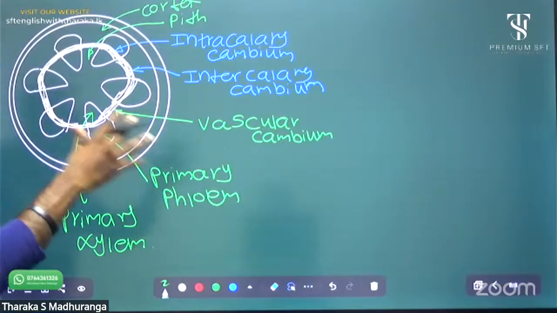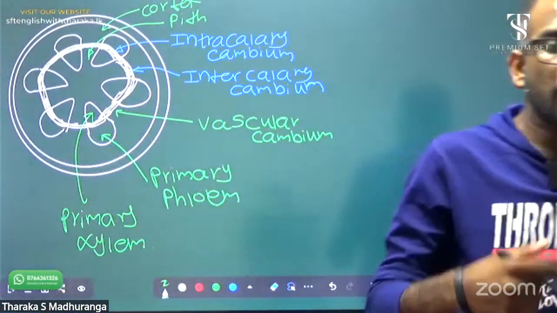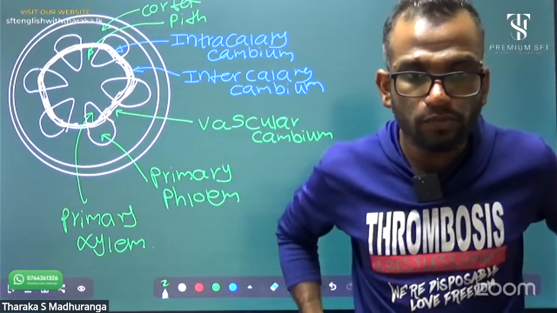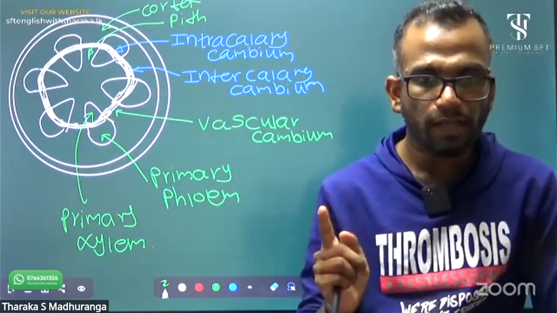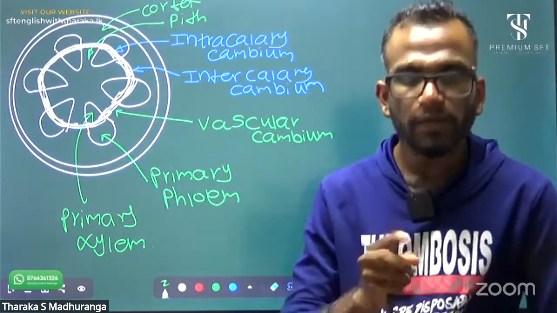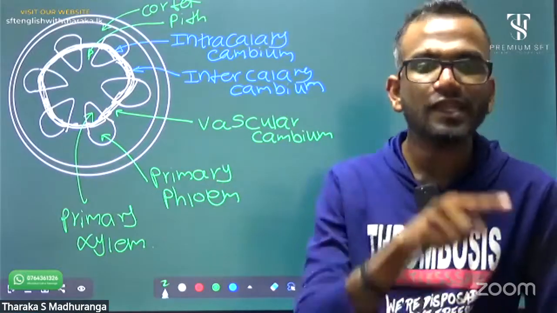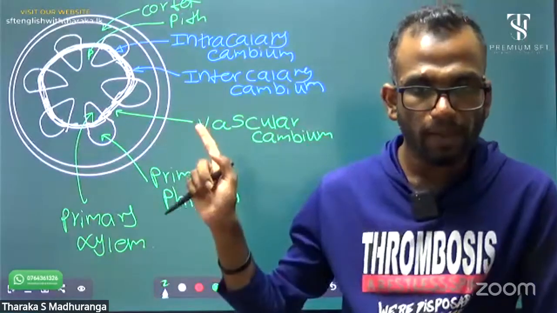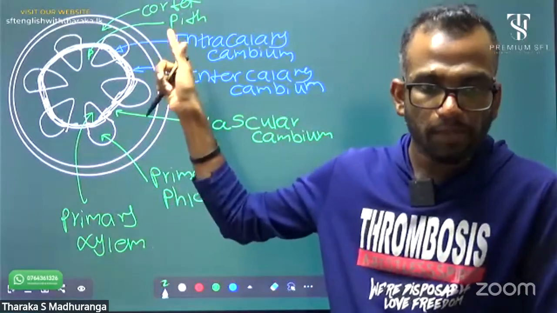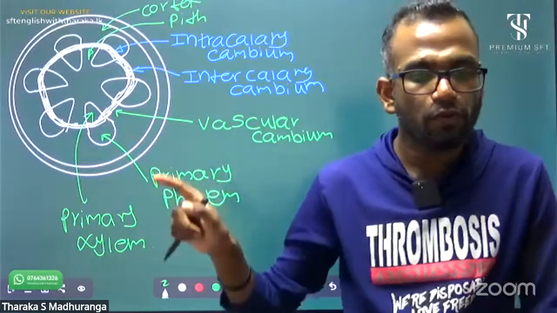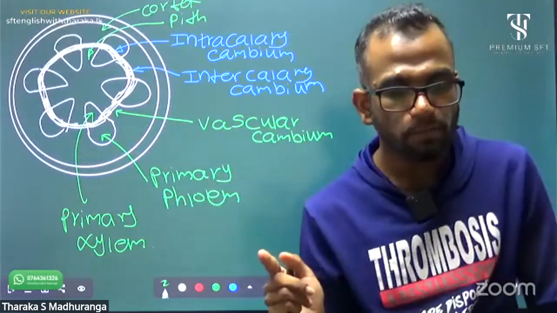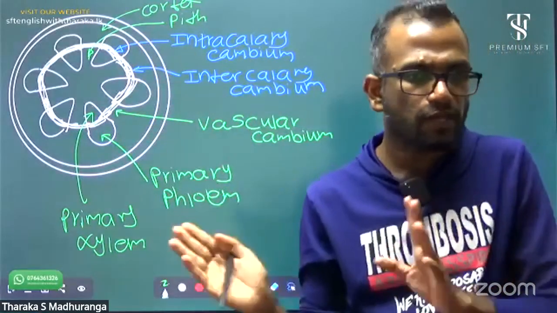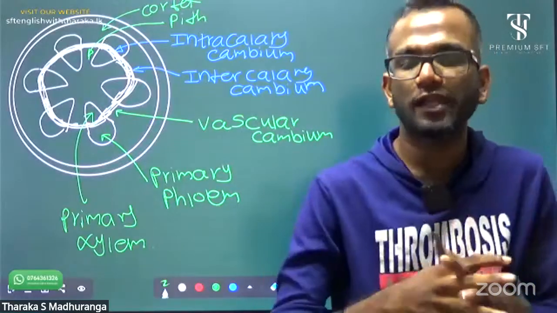That's the story. I will explain again what happened when the secondary growth started. The plant starts to mature. Then intercalary cambium and intracalary cambium start to develop. Then this cambium is made as a ring. This ring we called vascular cambium. After this vascular cambium develops, pith and cortex are clearly separated, and now xylem and phloem are called primary xylem and primary phloem. Before this vascular cambium, they were not called primary or secondary. It's just phloem and xylem.